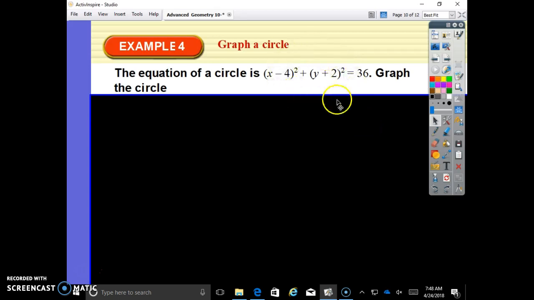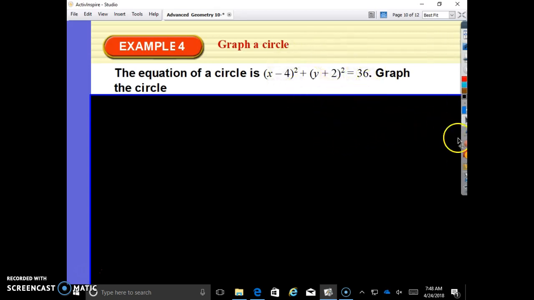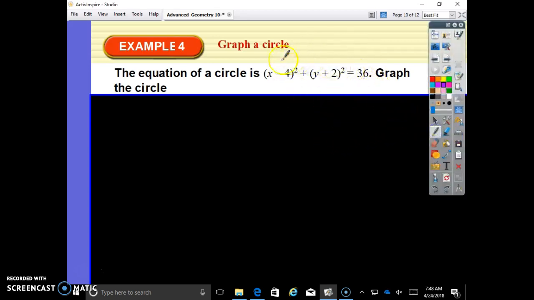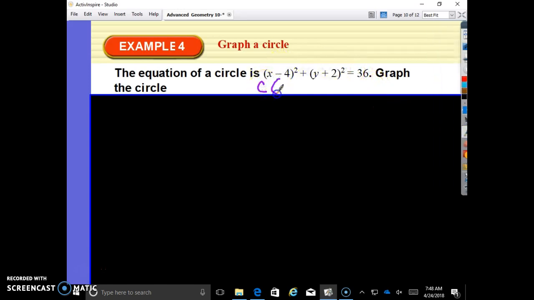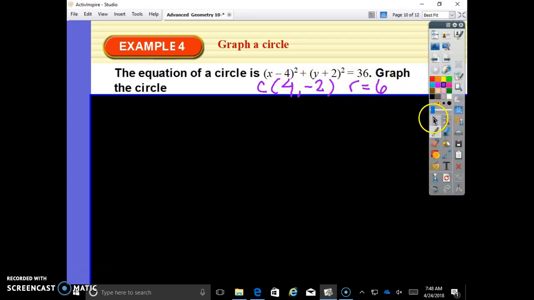The equation of a circle is right here. Graph it. So what do we need to do? We need to identify what is its center. Our center is where? And what is our radius? (4, -2). Opposite signs, right? And then our radius is the square root of 36, which is 6. So in order to graph this,